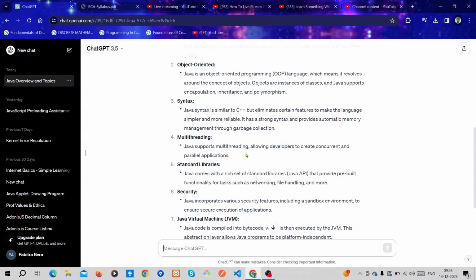It has a strong syntax and provides automatic memory management through garbage collection. What is the meaning of garbage collection? When we create a constructor, the variables used in that program get initialized and get memory.